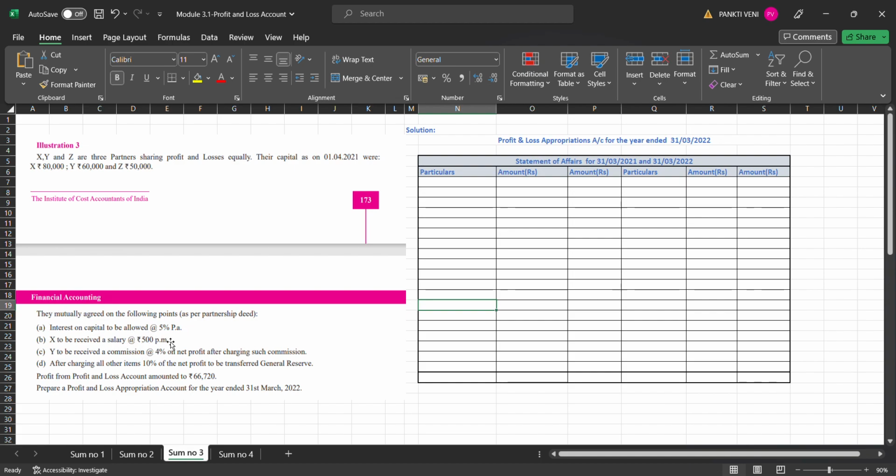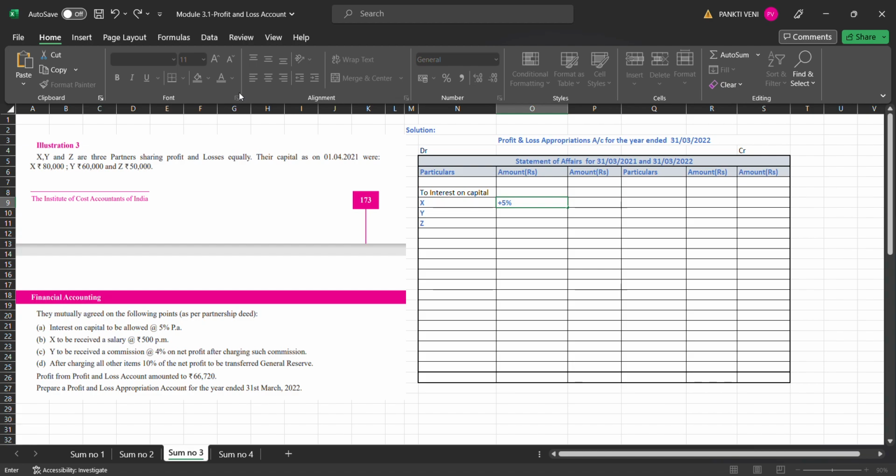Interest on capital to be allowed is 5%. So I'll take interest on capital as nothing but an expense to me. So I have to debit interest on capital. To interest on capital, I have X, Y, and Z. So here I have 5%